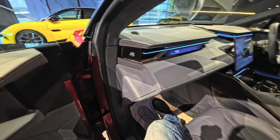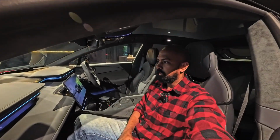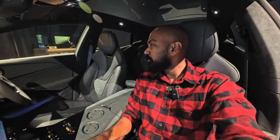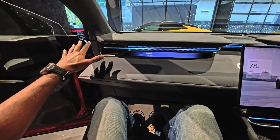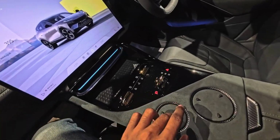Let's take a seat on the inside. Check it out, this is how comfortable I'm sitting in. These are the executive seats that come in. So it's massage seats for here, including the other one at the back. So amazing. We will check out the back shortly later. But in the meantime, check out the interior. Super comfortable. I'm sitting comfortably right here. Later on, head down to the back seats and take a look. But yeah, cup holder,